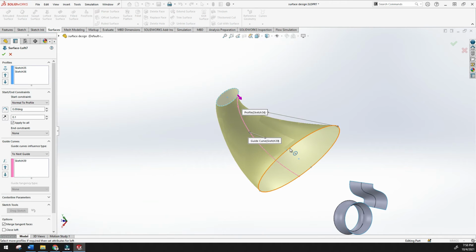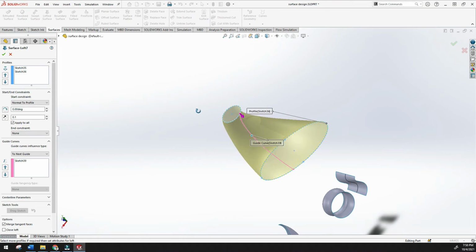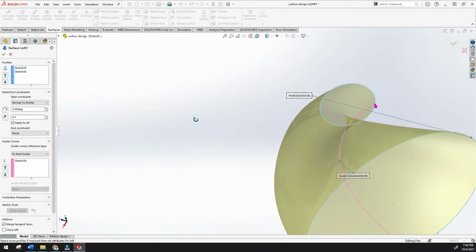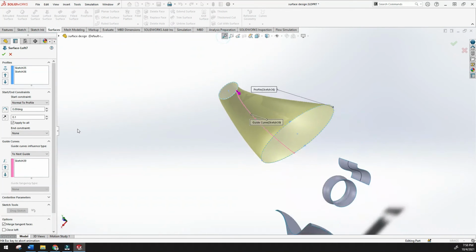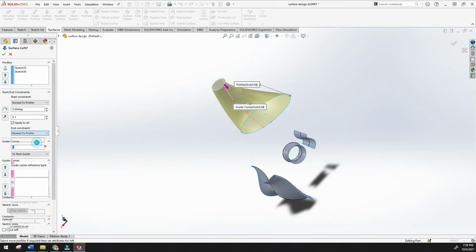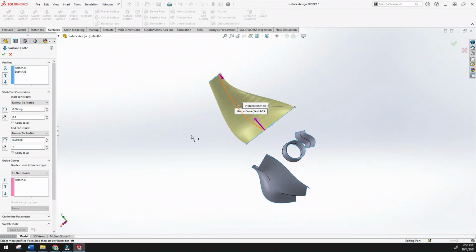So according to this circle, this elliptical sketch, okay, will be the start and this will be the end one. So the end constraint normal to profile, see, this is the end, and according to this you just give some degree. By using degree you can change.